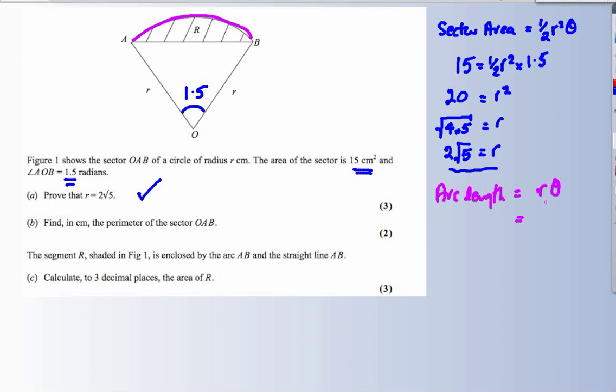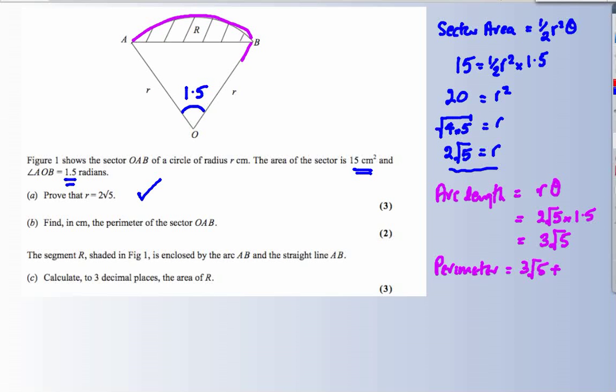These formulas work in radians, no degrees going on here. And we have our 2 root 5, and theta is 1.5. And so we have our arc length 3 root 5, and perimeter, not forgetting, needs to include the straight bits,